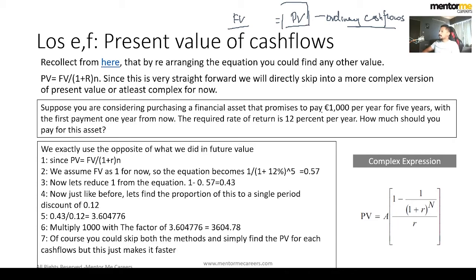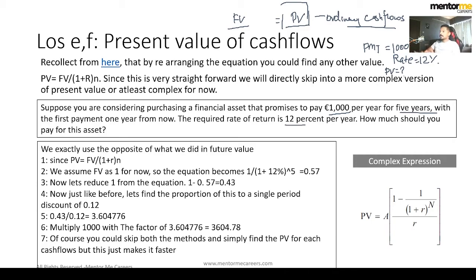So if you see this, you promise to pay about 1000 per year for 5 years, with the first payment happening 1 year from now. The required rate of return is 12% per year. How much should you pay for this asset? Again, you can always do this in a calculator, because you have 1000, so PMT will be positive 1000, right? You have a rate which is about 12% per year, and then you've got n as 5, right? So plain and simple, all you need to do is use the present value function and you should find the